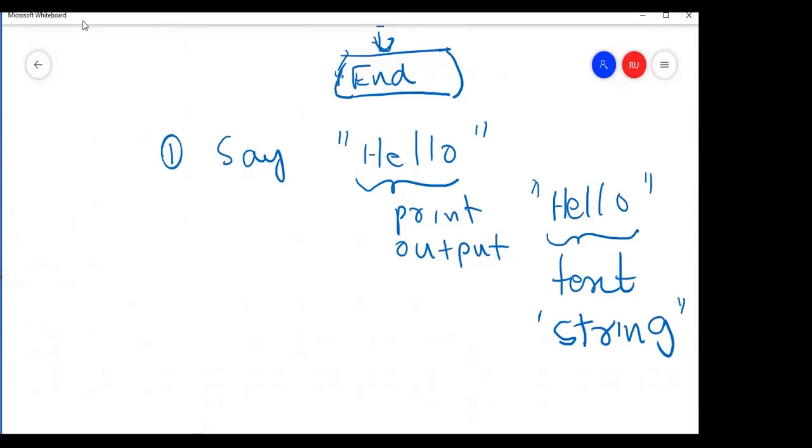String means like a thread, so actually it means a string of characters. In our first program, we printed a text, or string.